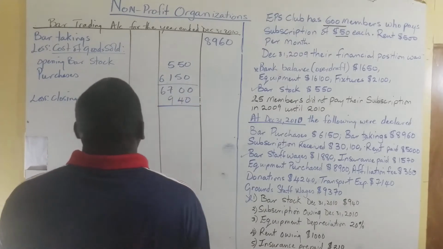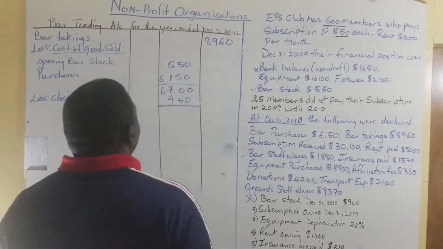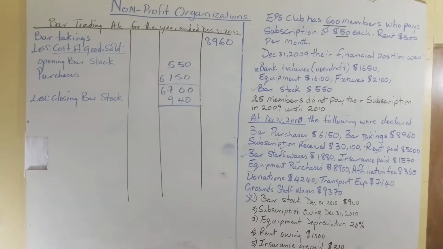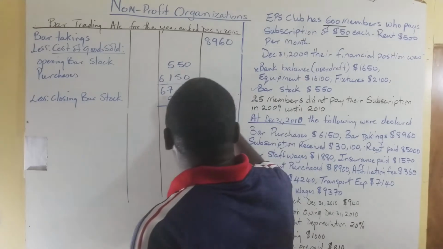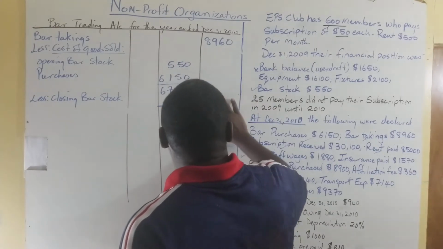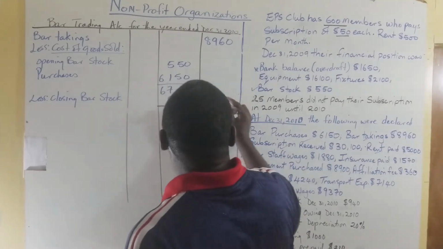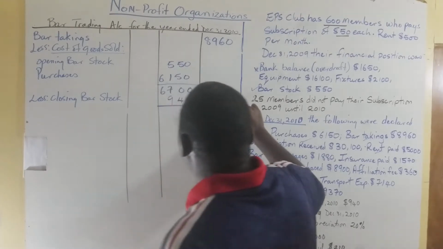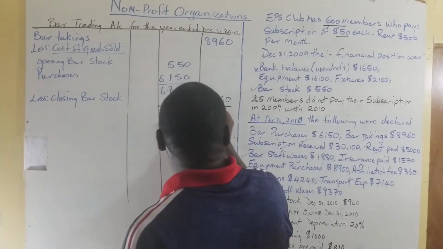940. We're subtracting the bar stock. All right, we're going to do the math now. We subtract from that. So in our subtraction, the stock would be 57.60. Right, when we subtract the closing bar stock, 57.60, we're going to subtract now the cost of goods sold from the bar takings, and we should be getting